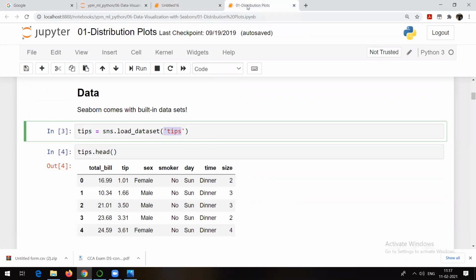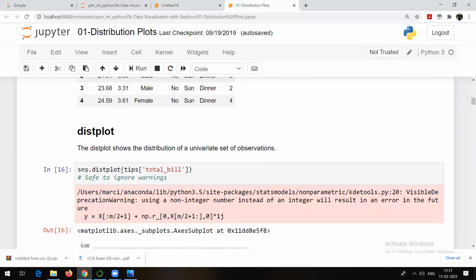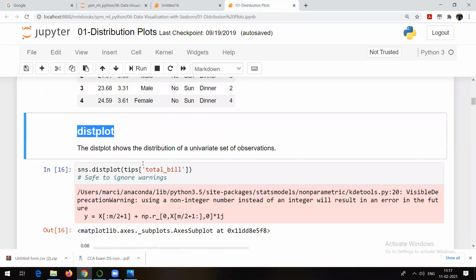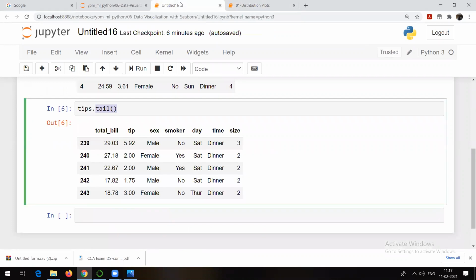Let's move forward and let's try to see the distribution plot. So the first plot which we are going to talk about is the distribution plot. Now, first of all, let me tell you the reason why we discuss the distribution plot and how the distribution plot helps you. Always remember, maybe from the next session, when I will be starting with machine learning algorithms or machine learning techniques, right? So always remember two things.